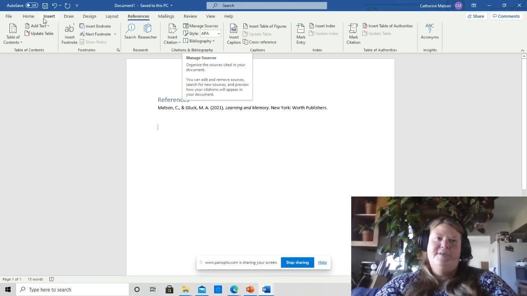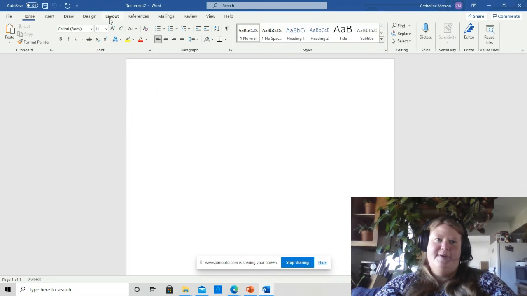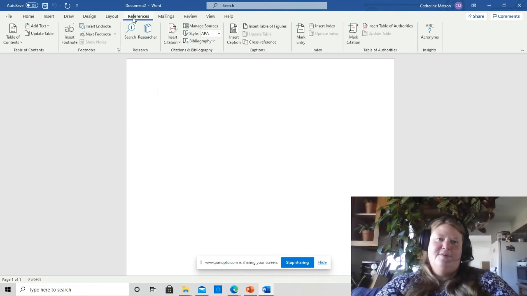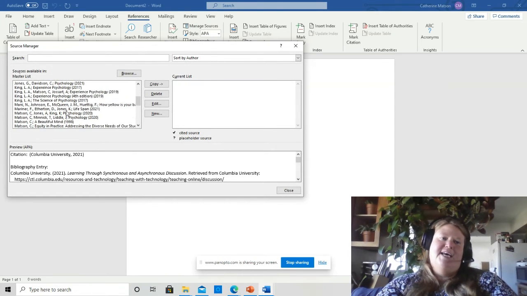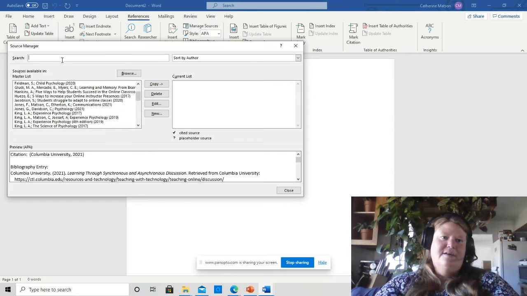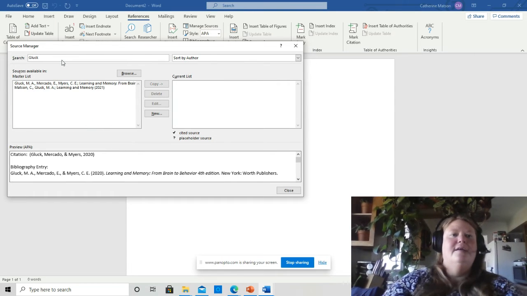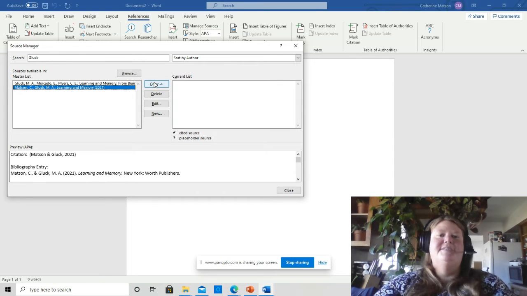Let's say you go to do next week's discussion and you want to reuse the same source, right? You open a new document. We're going to go up to references, manage sources. This is everything that I've built on this computer. Everything is listed here. So we're going to look up block. So you can see this is the one I just put in. So we're going to copy that into this week's